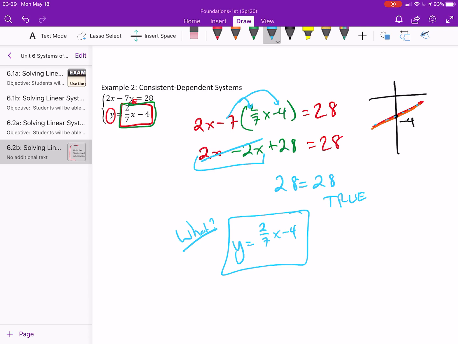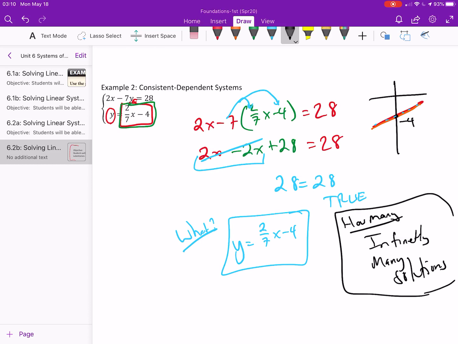Okay, so again, if the question is what is or what are the solutions, the answer in this type of problem is the equation of the line. It could be in standard form, it could be in slope-intercept form, it doesn't matter which one. Now, if the question is how many solutions, well, how many solutions are along this line? So again, if the question is how many solutions, the answer here is infinitely many